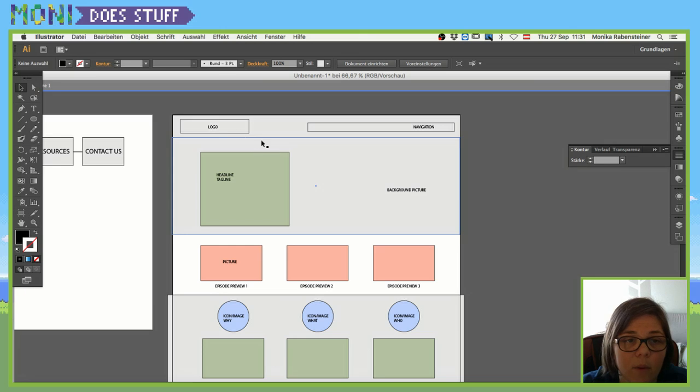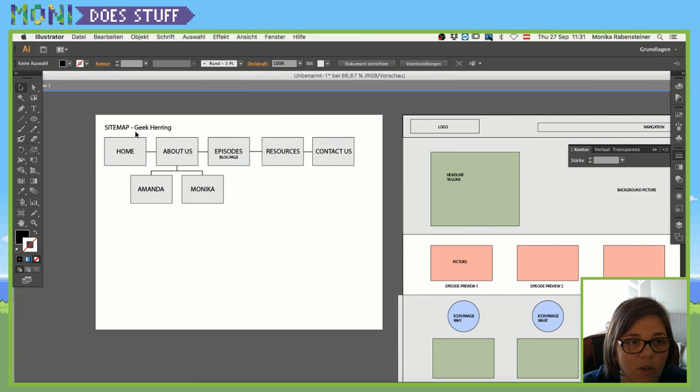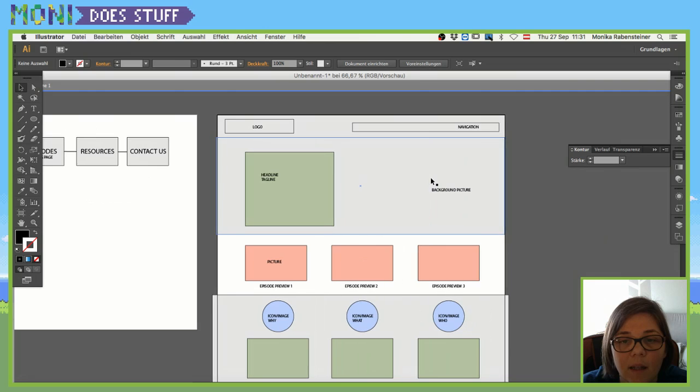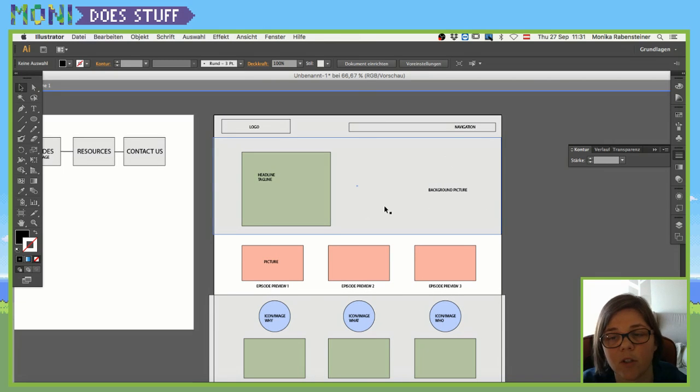So generally what I will have there is the logo at the top, then the navigation where it says everything that I have written down here and at the sitemap, and then I want to go with a background picture, probably the awesome one that we created. The only thing that I might have a problem with is that,